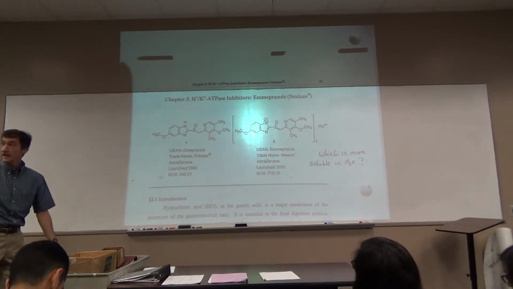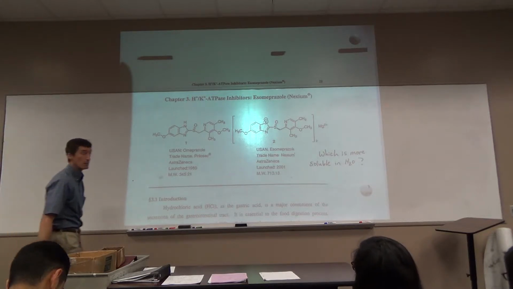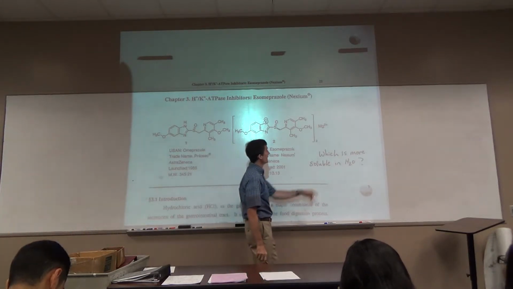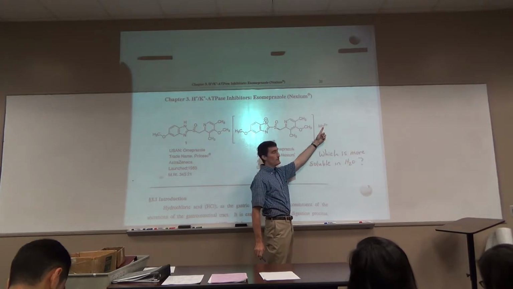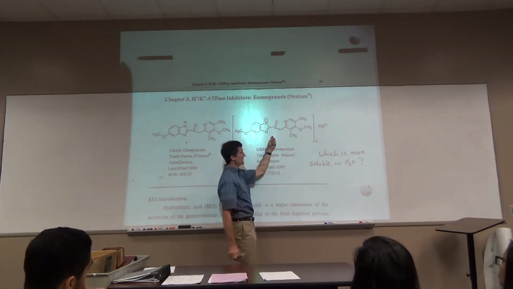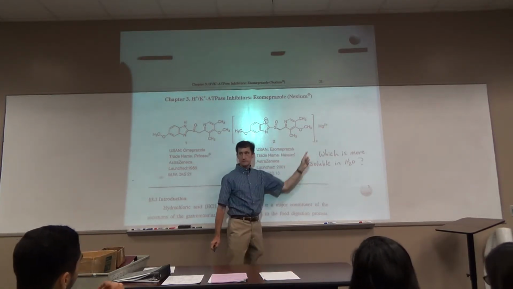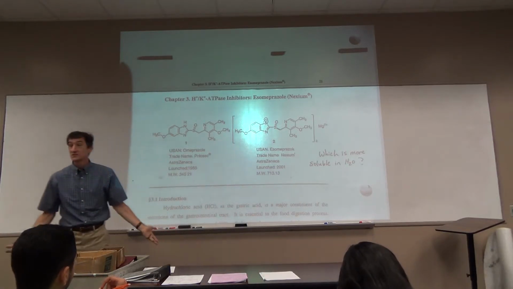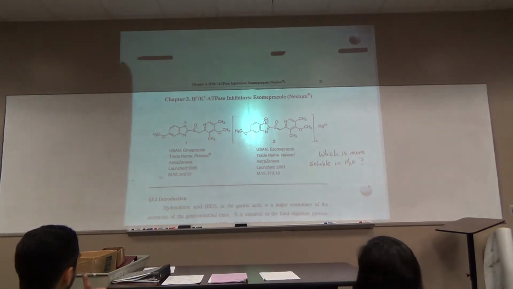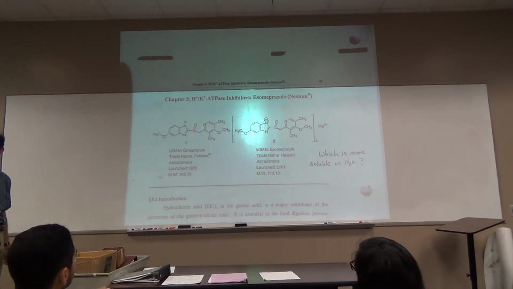If you got a minus, you got to have a plus. What's the plus? Magnesium, but that's 2 plus. That means for every one of these, you got to have how many of these? 2. So there's actually a pretty big salt. Okay, the whole thing. What's the difference? One's neutral, one's ionic. It's the only difference.